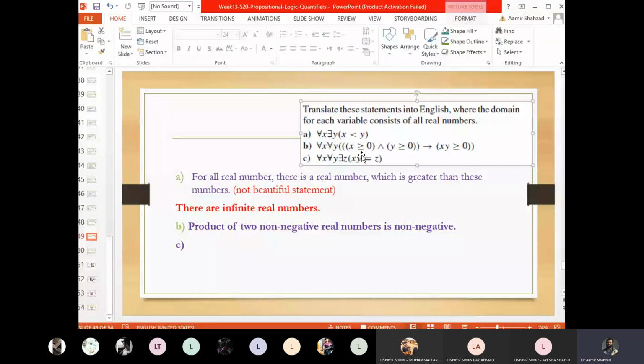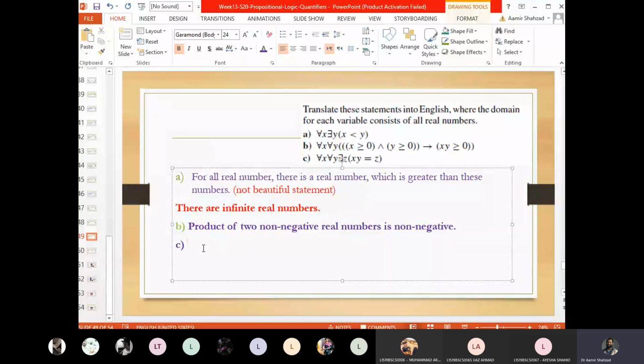for all x, for all y, there exists z such that xy is z. So it means आप कोई से भी दो real number लें, उनको आपस में multiply करें, we will get another real number. So अगर तो हम इसको simple, I mean again not a beautiful statement, में लिखें, so we can say कि for all real numbers their product is a real. For all real numbers की जगह हम कहते हैं कि for any two real numbers, दो numbers की बात हो रही है, for any two real numbers their product is a real number.